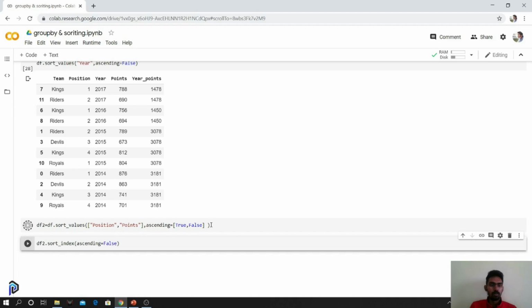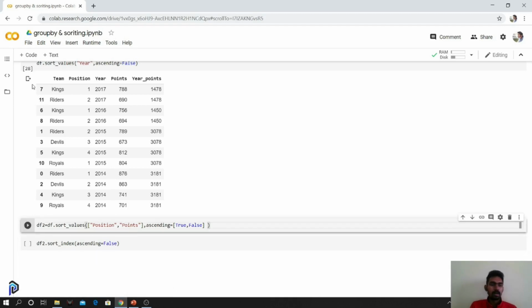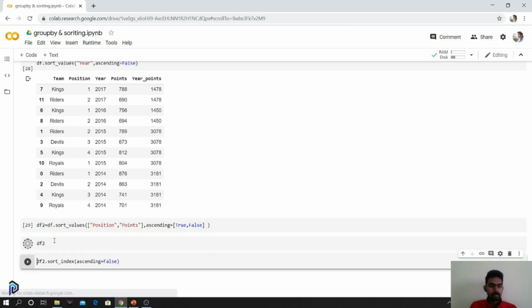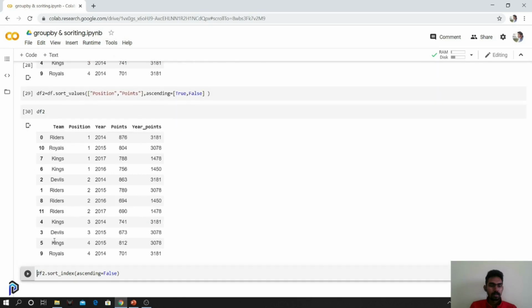Let's see the output. The first position would be coming, and if the position is similar, we will be printing the one with the maximum points. So all the things with position 1 come first, sorted based on the points.